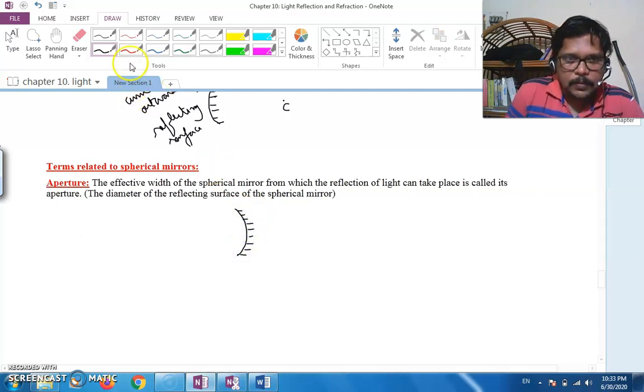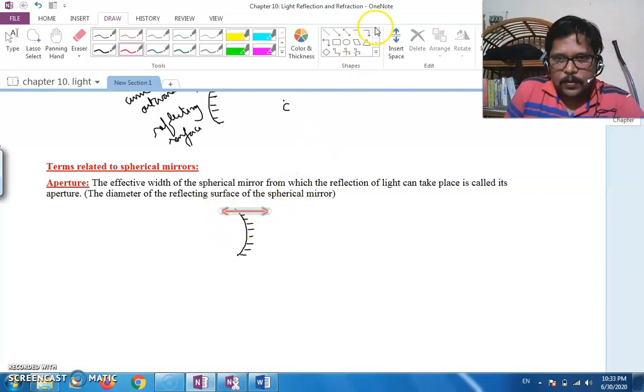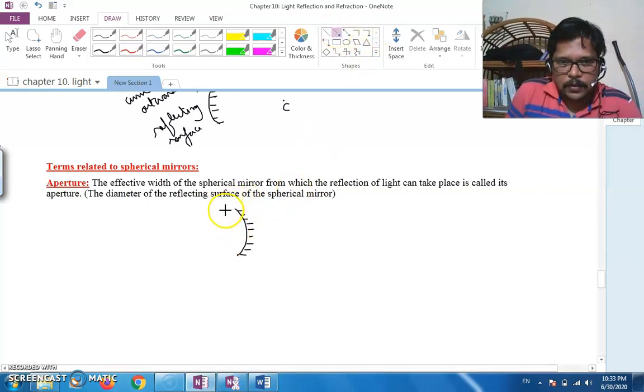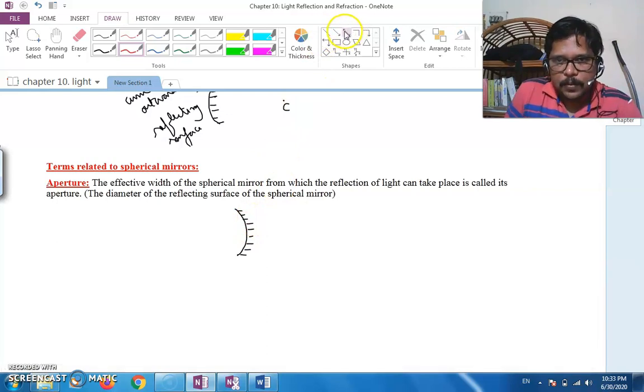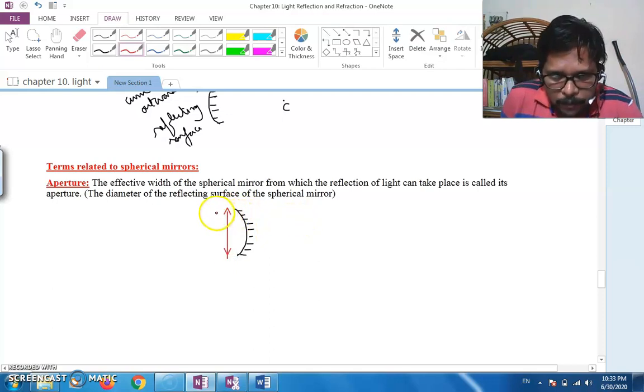For the concave mirror, this one is the reflecting surface. So that becomes the reflecting surface. So this width